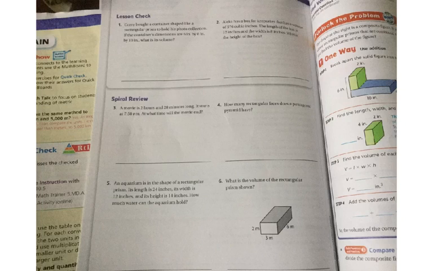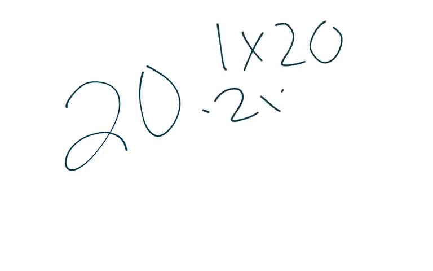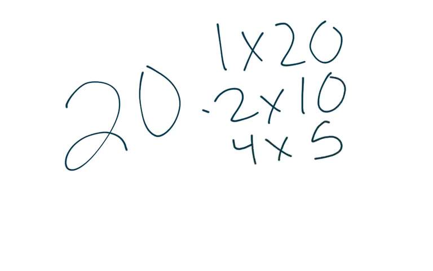Yesterday, I emailed Mr. Humpcamp that question. I don't remember what the question said yesterday, but it had said if you have 20 unit cubes, how many rectangular prisms could you make? And he explained it to me. Basically, what makes 20? It could have been a 1 by a 20, a 2 by a 10, a 4 by a 5,